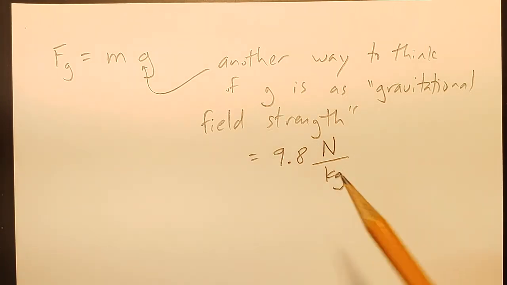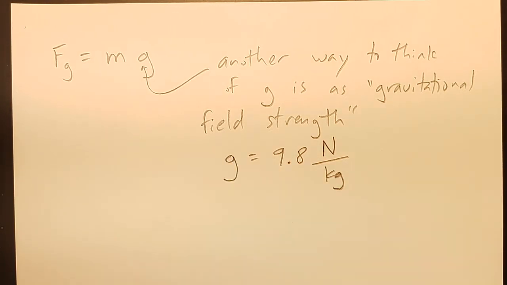And so we can think of g as being not necessarily 9.8 meters per second squared, which is weird when the object's not actually accelerating, right? But this is true no matter what. If you're sitting on the surface of some planet or anywhere near the planet, the force of gravity from the planet is going to pull down with a certain number of newtons of